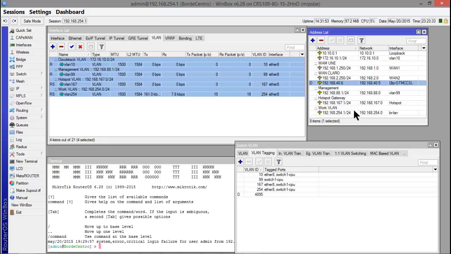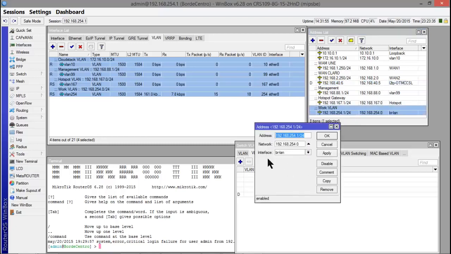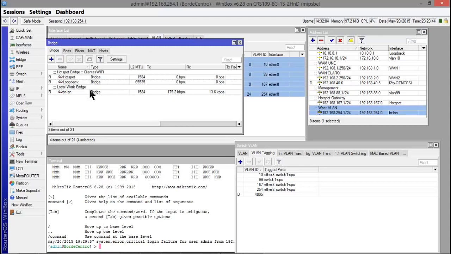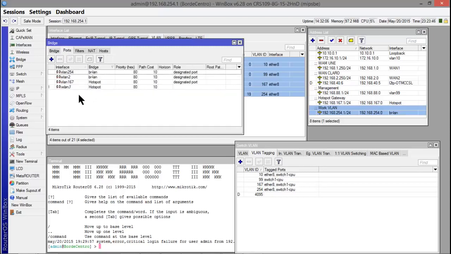I have the 254 going to the BR-LAN bridge, which you can see right here has ports WLAN 3, which is a virtual wireless access point, and the VLAN 254. This is to be able to send traffic back and forth seamlessly from the wireless interface to the internet, and